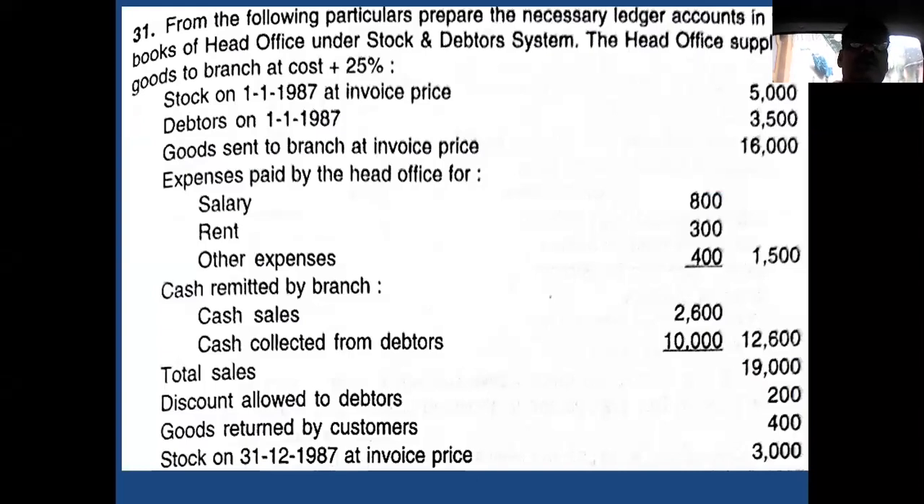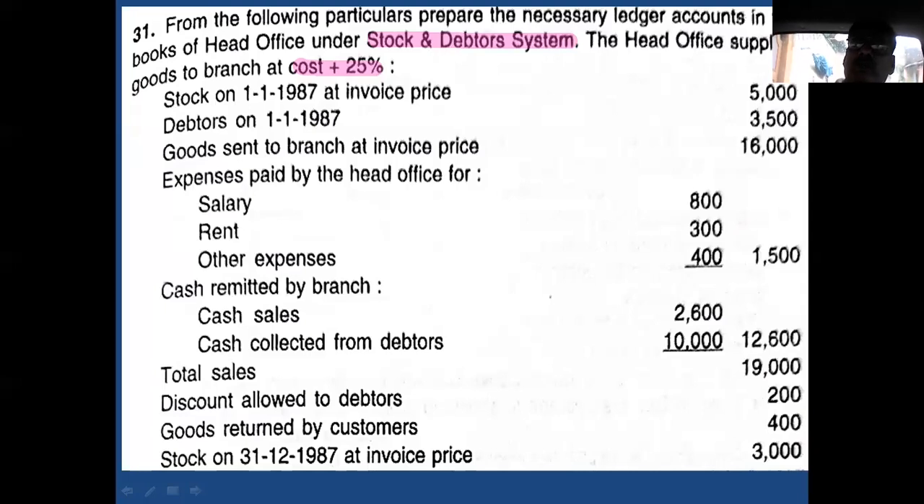In problem number 31, from the following information given by the head office under the stock and debtors system, you are required to ascertain the profit. This is important. This point indicates the method of account, that is the third method. And next, cost plus 25%. You have to supply the goods